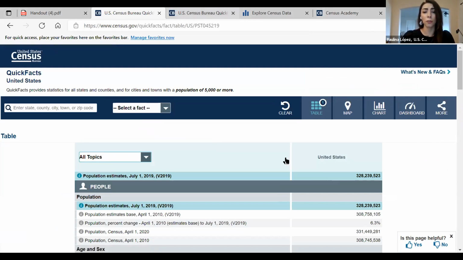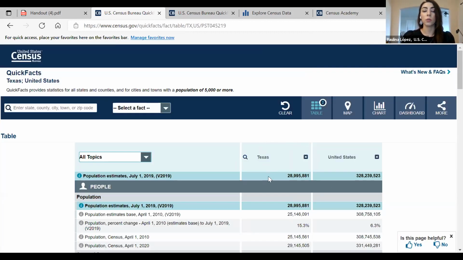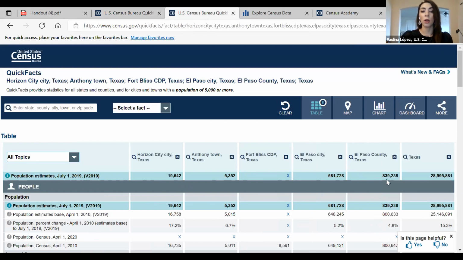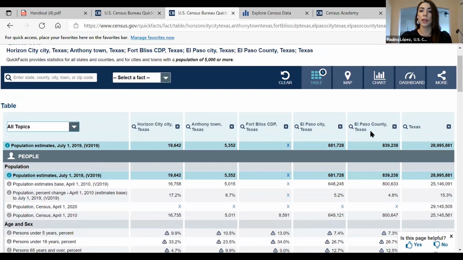I've plugged in some geographies for the sake of time, but you can type the state of Texas or whatever geography you're looking for, and it'll add it to your table. You can compare up to 6 geographies. In this case, I've added the state of Texas, the county of El Paso, the city of El Paso, a census designated place, which is Fort Bliss in our community, the town of Anthony here in El Paso County, and also Horizon City, just to give you some diversity of geographies.